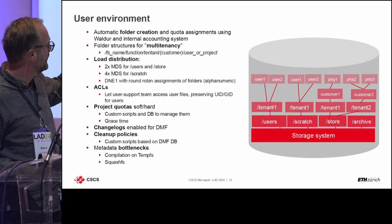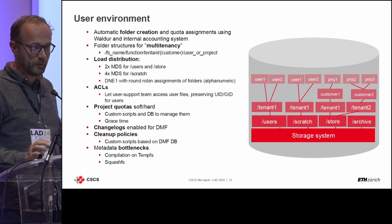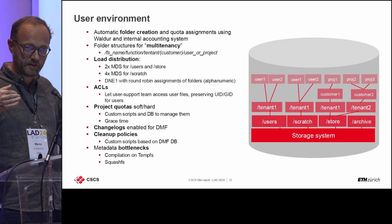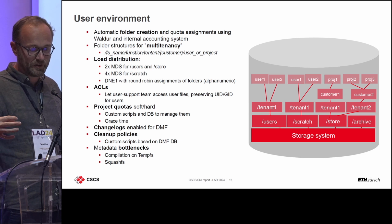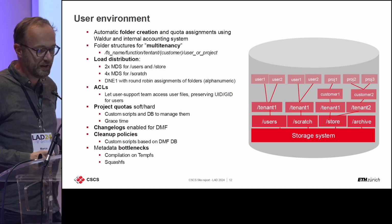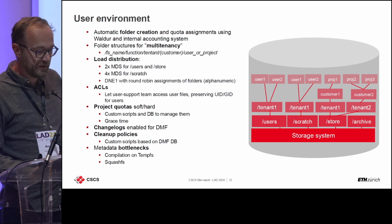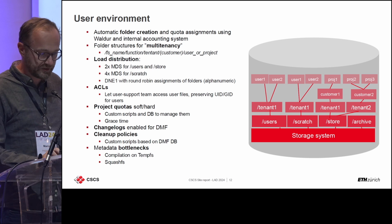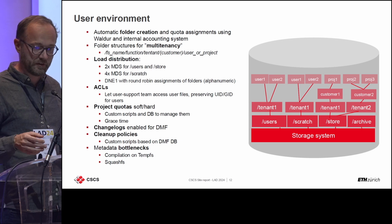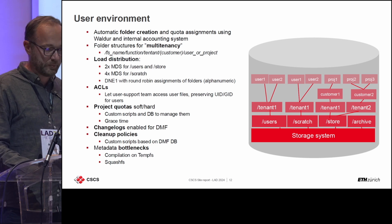So here is a picture showing how the structure of folders is made on our main storage, Capstor. We divide it in user, Scratch, and store and archive, and then we have a sub-layer of folders which represent our tenants, and then in some cases we also have other customers, and then you have users and projects. We create these folders using custom scripts. We divide them onto several metadata servers. We use DNE 1. We also enable ACLs for giving access to the user support to different user data. We enable project quotas, and